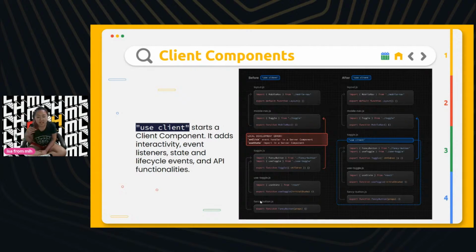So anything that's interactive, like a button, you'll have to say "use client" for Next to recognize that you can then use onClick, useState, and any other event listeners, lifecycle events, and API functionalities. All of those will be separated once we get into app router territory, where only the client components can use the event listeners and stuff.